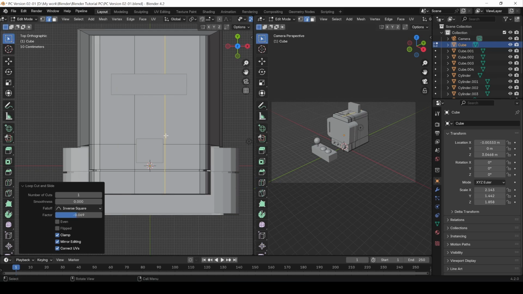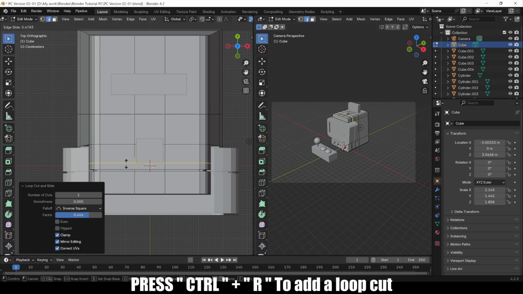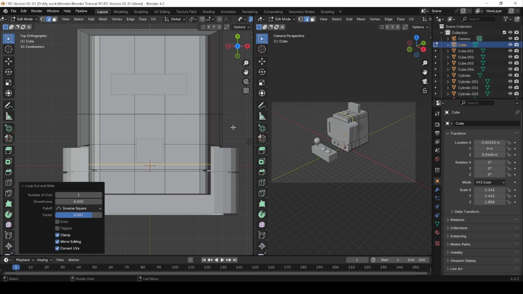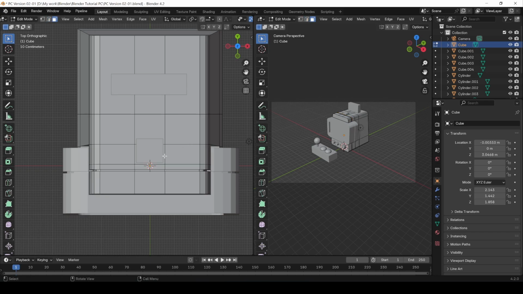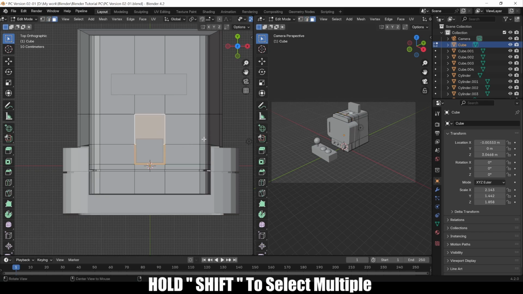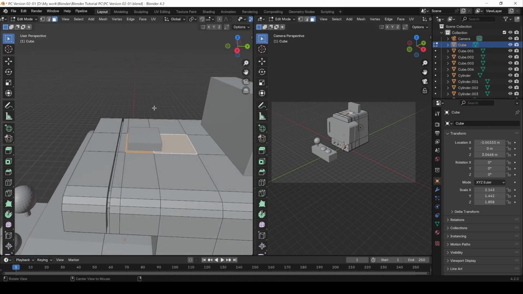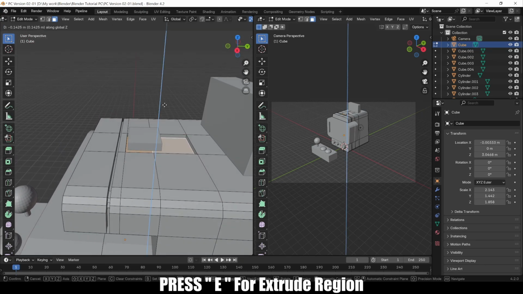Okay, let's do this with Control R because we need it basically almost right here. Let's put this, and we need this to be a little bit. Control R and just put it with a second confirmation, press again. Okay, so now let's select all these faces and just extrude to the inside, using this or with E,